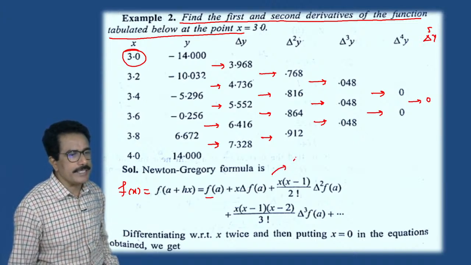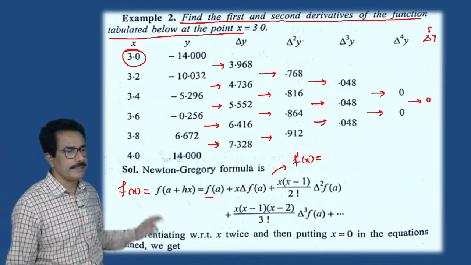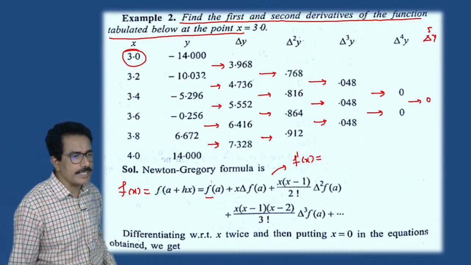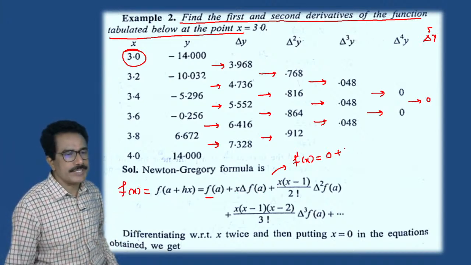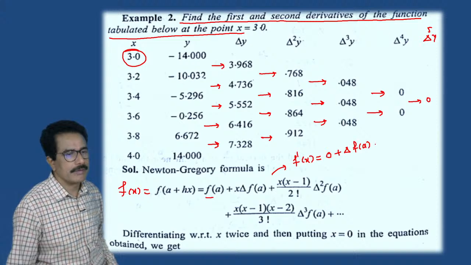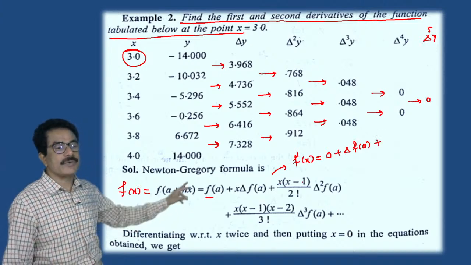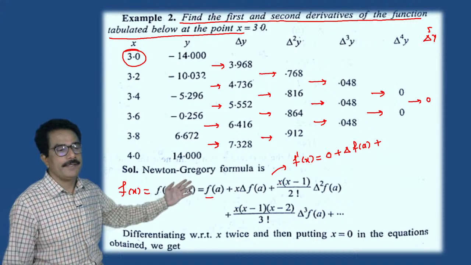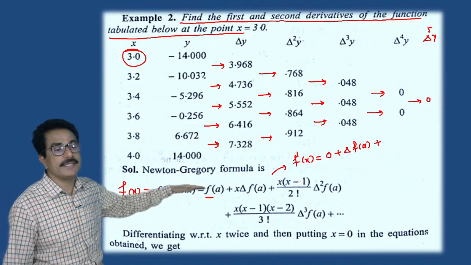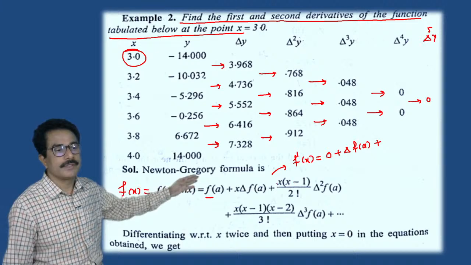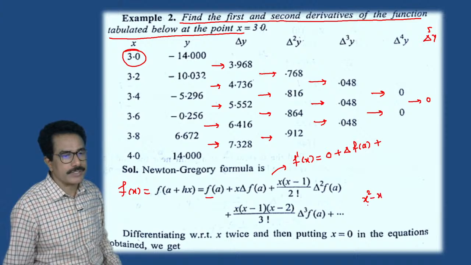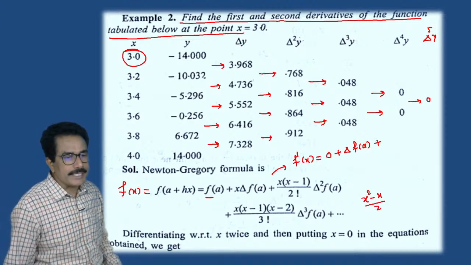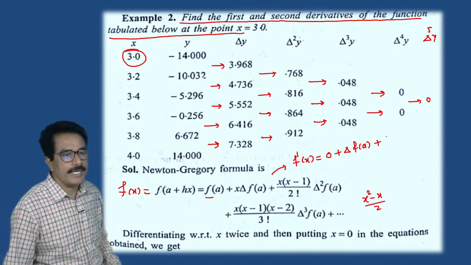We can take f dash of x. If we take the first time derivative, dy by dx equals 0 for this term. The derivative of x is 1, meaning delta f of a plus x squared minus x. And for x squared minus x, how can we write its derivative? x squared minus x means (x squared minus x) divided by 2. If we take its derivative, we get 2x minus 1